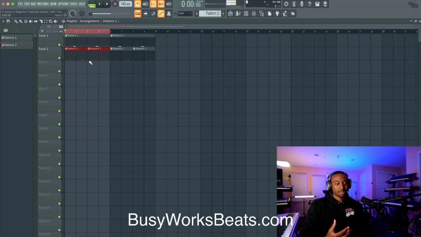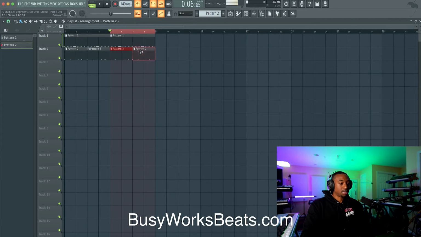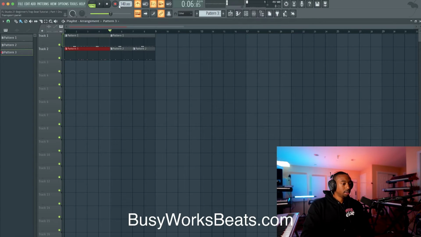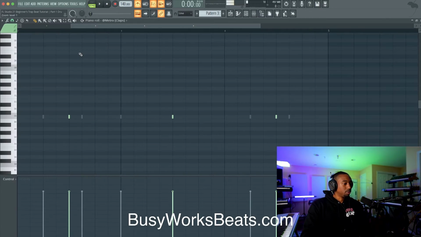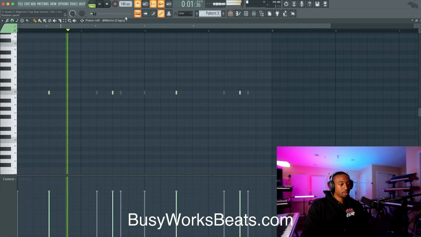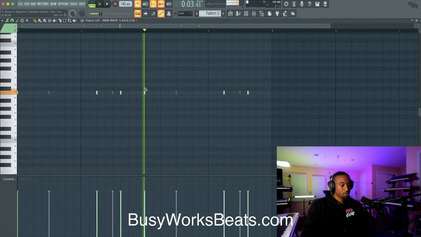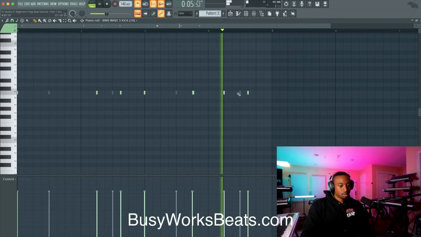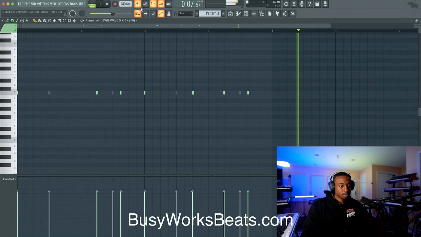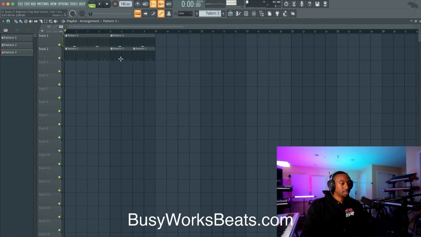So if your drums sound stagnant and boring, it's because you need to change your drums over a period of time. So I'll show you how to combine this. What you can do to merge patterns is hit Control and then hit Control G, okay? And that will combine these. So now I can double click in here to edit. Let's edit the kick to give it a little more bounce. Okay, so I added a kick in there just so it changes up over time. And then you could right click to delete those, hit Control B to latch paste.